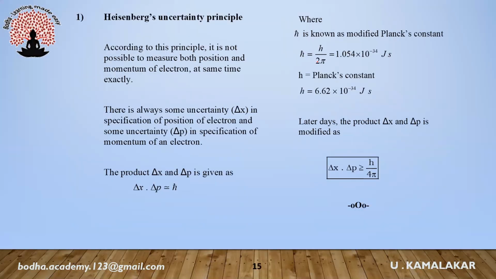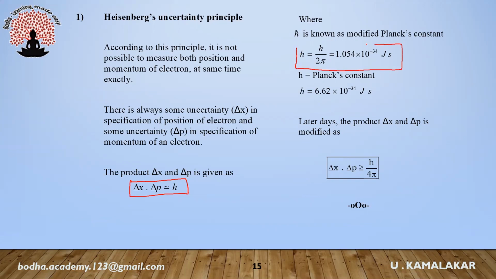Last topic, Heisenberg uncertainty principle. According to this principle, it is not possible to measure both position and momentum of electron at same time. There is always some uncertainty delta x in specification of position of electron and some uncertainty delta p in specification of momentum of electron. The product of delta x and delta p is given as delta x into delta p is equal to h cut, where h cut is known as modified Planck's constant and its value is h by 2 pi,